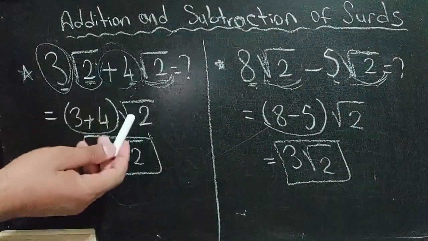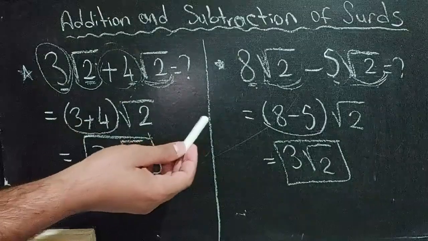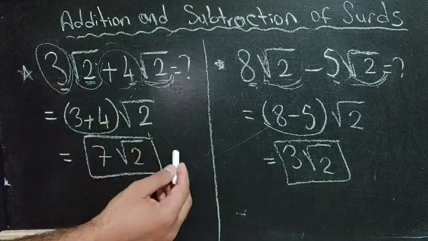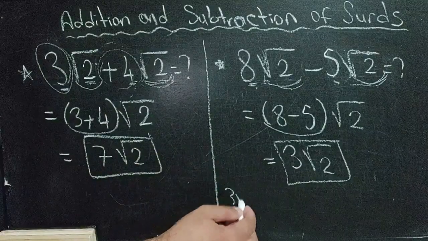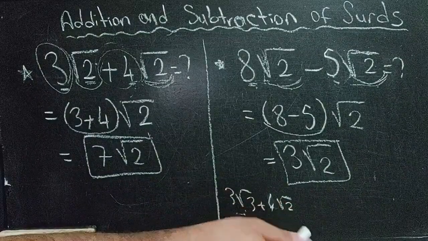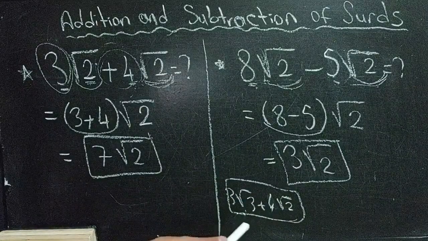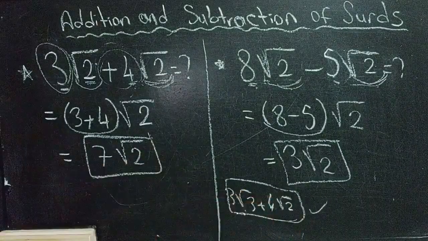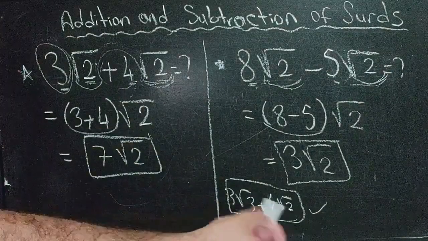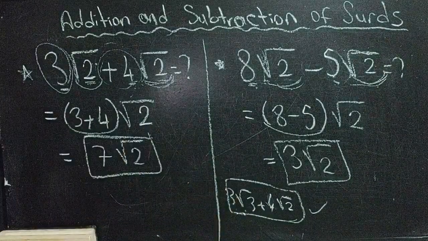Of course, if you use a calculator, you can find a decimal number. All right, but without using a calculator, if you have like this, let's say 3 square root 3 plus 2 square root 2, or 4 square root, any number, doesn't matter, you won't be able to add those numbers to each other. You leave it like this. As I said, if you use a calculator, of course you can do this operation and you are going to get a decimal number. All right,